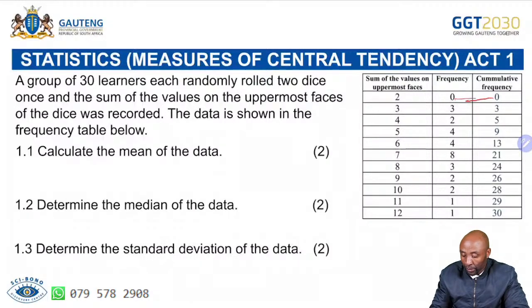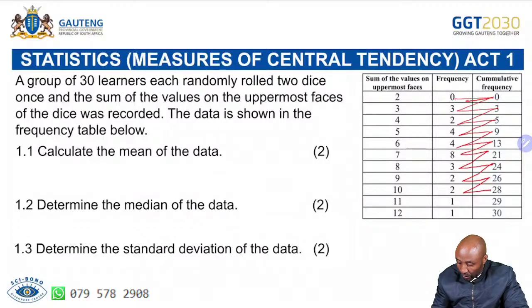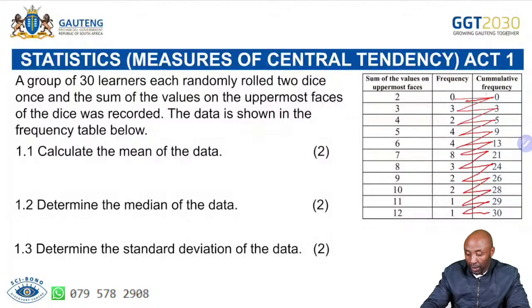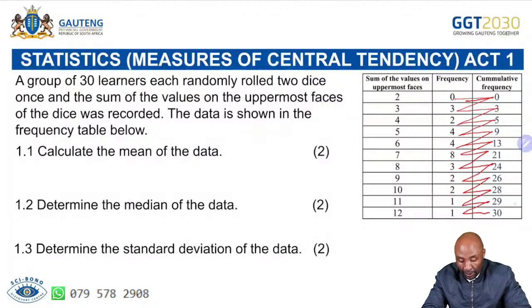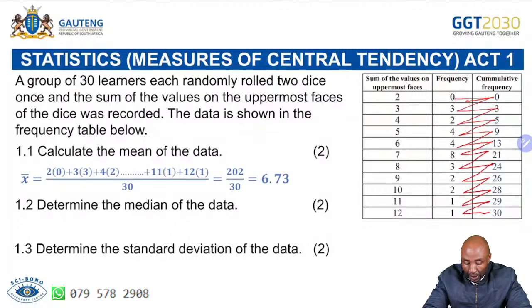It's 0, which we write first, plus 3, plus 2, plus 4, plus 4, plus 8, plus 3. You get 24, plus 2, you get 26, plus 2, you get 28, plus 1, you get 29, plus 1, you get 30. So that is the total sum of our frequencies. So to calculate the mean, this is what we did, and we got our answer as 6,73. The median for the